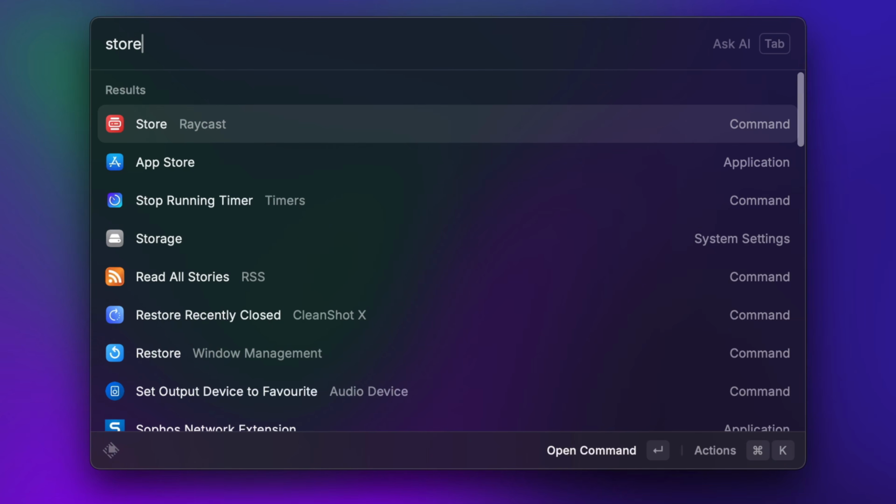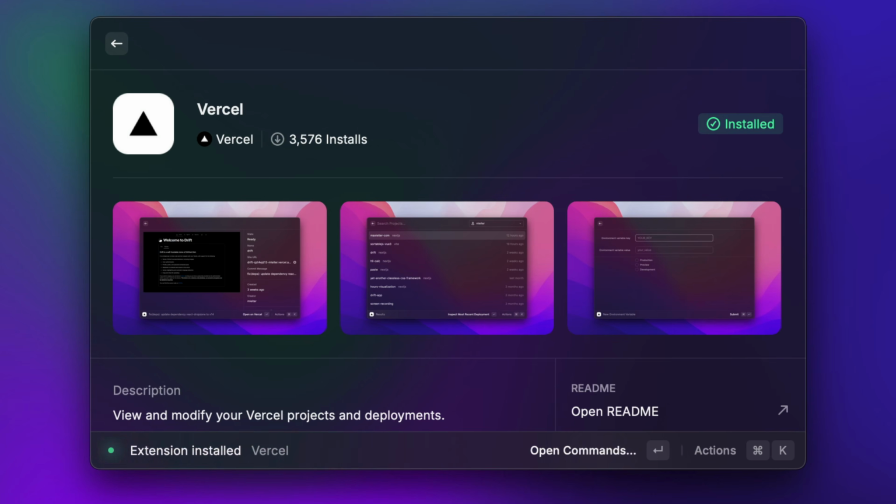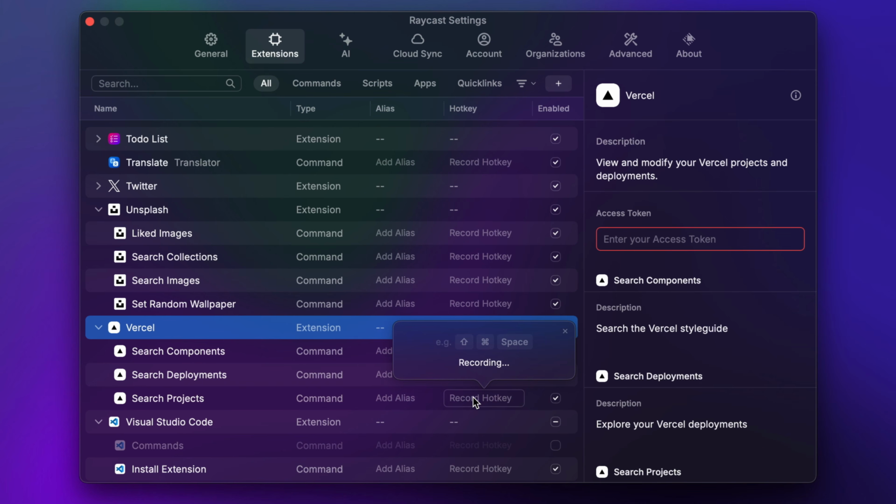Now, to install any extension, you simply open the store within Raycast, you search, and you install. Any extension can be configured then to open with a keyboard shortcut, or you can simply search for it by the name and then run the command. All extensions are free and open source, so you can actually look at the code yourself to see what it's